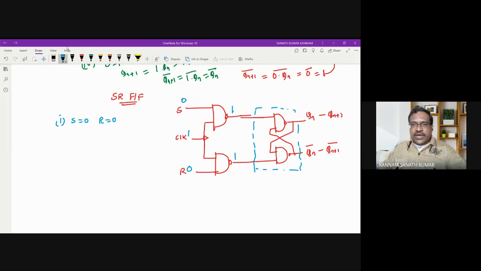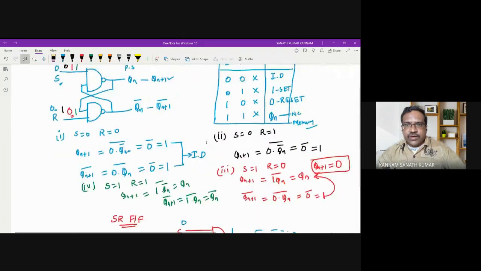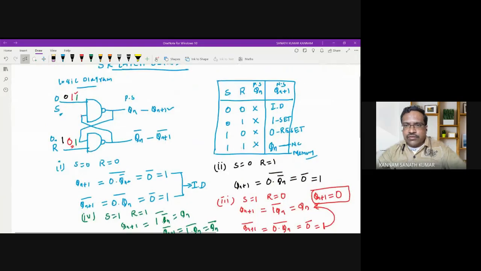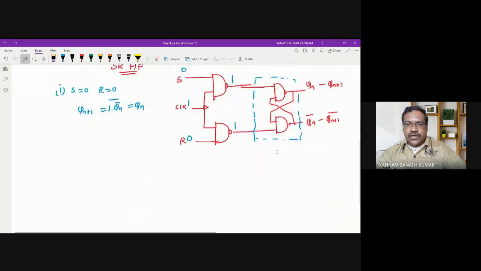Okay, so by seeing this truth table of the NAND SR latch, what is Qn plus 1? You can consider Qn plus 1 equal to 1 into (1 into Qn bar) whole bar. So this is equal to what? Qn itself. Or otherwise you can see the truth table by using the NAND gate. When S equal to 1 and R equal to 1, what you got? That is a memory, no change. Here 1 is coming and one more input, Qn bar, is coming. 1 into Qn bar whole bar equal to Qn. So this is nothing but no change or memory state.